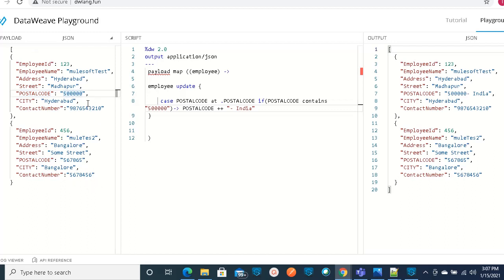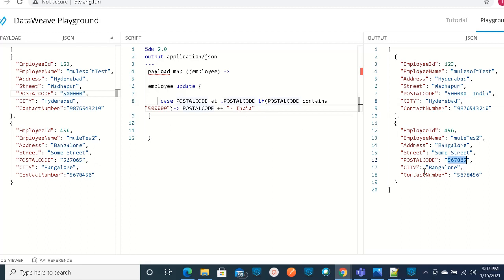Only this object needs to be updated. If it contains the 5 million, it will take the existing value by appending hyphen India. So if you can see, the value is getting updated here for this object, and this value remains the same because it doesn't satisfy this condition.